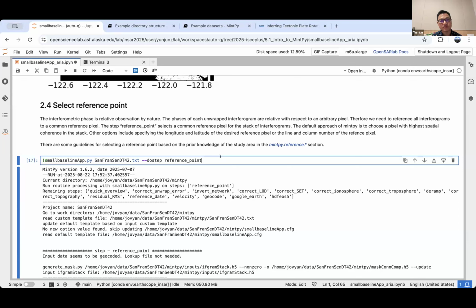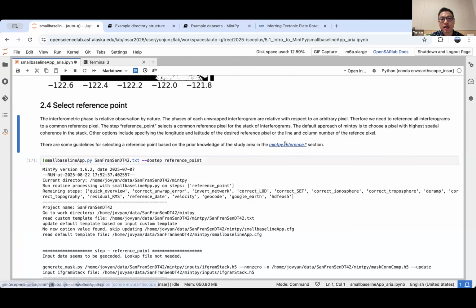For me, usually I first run it with the default one to get a very quick result, and then I rerun the small baseline app by first checking the first result and seeing where the proper reference point should be, and then specify it and rerun. And there are some guidelines on how to select a good reference point based on prior knowledge, and you can find them here